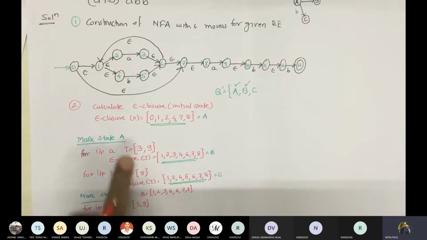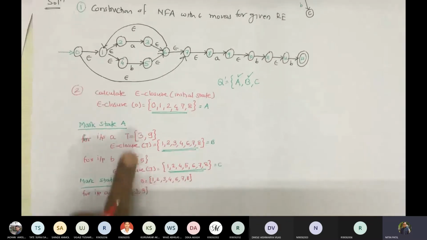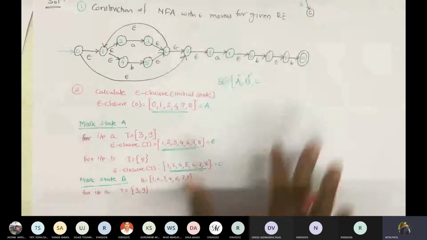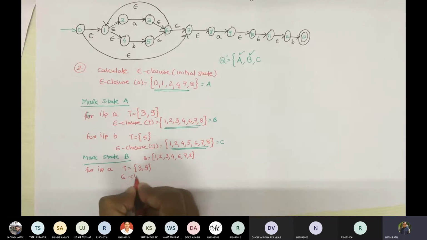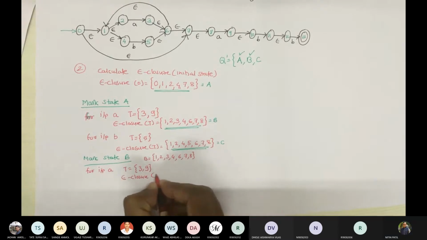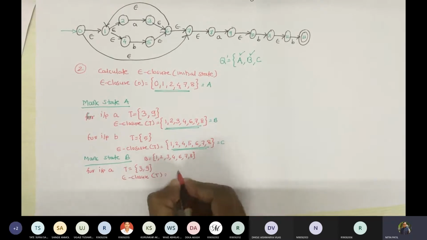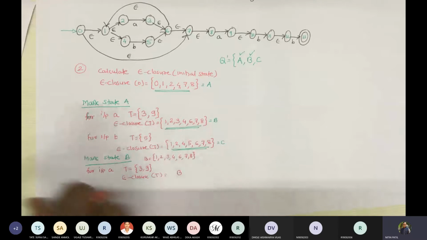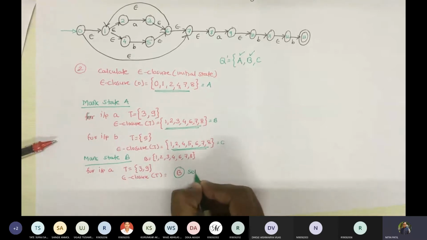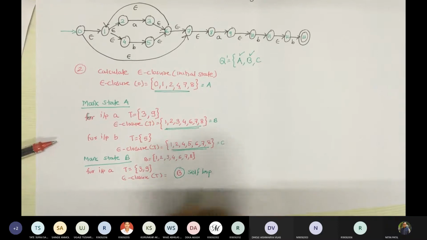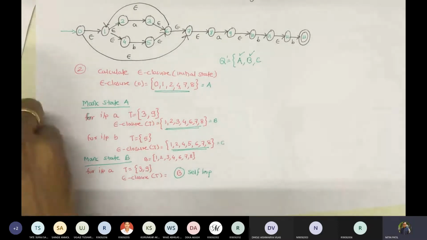Now you may see we already computed this. We got it earlier. Correct? So when we got it earlier, we will not compute it again, and we will see that when we compute epsilon closure of T, we get something which is already there. So I will write B. This is a self loop. Fine.